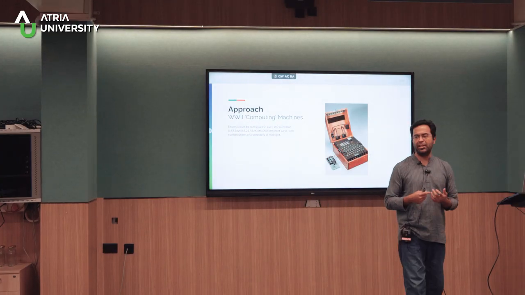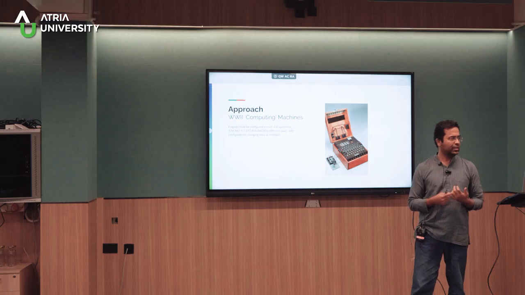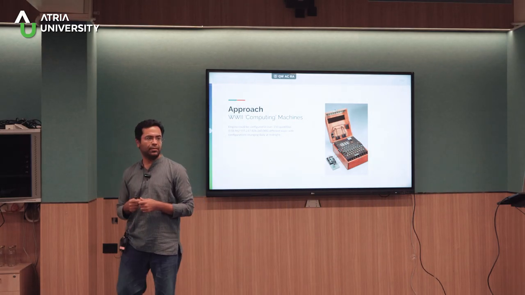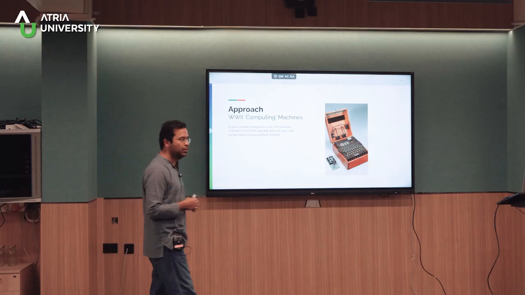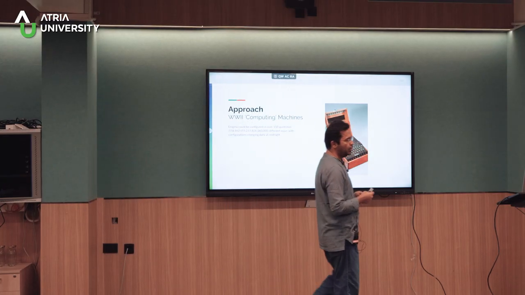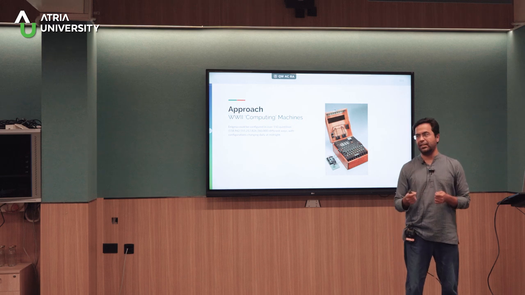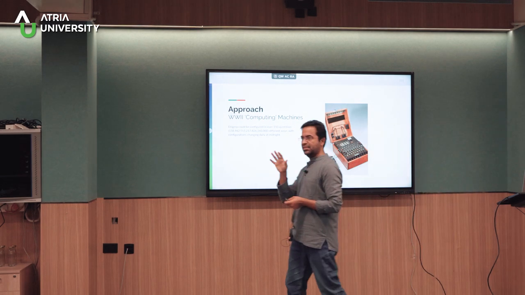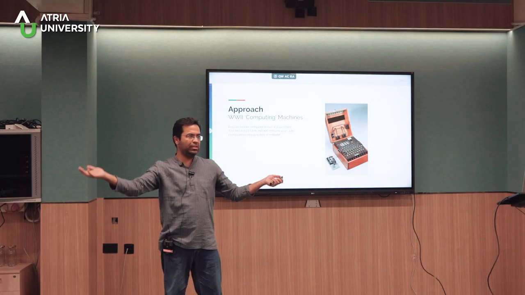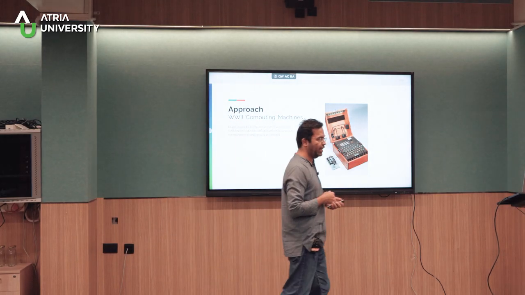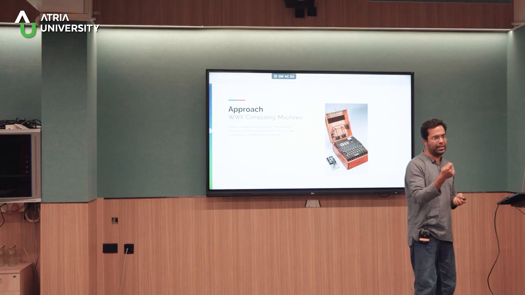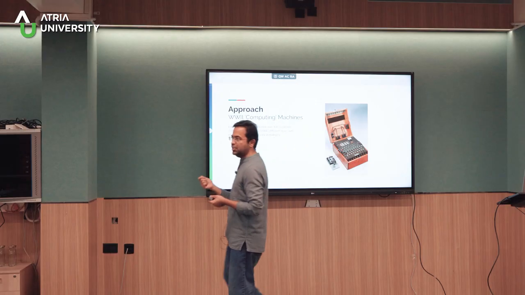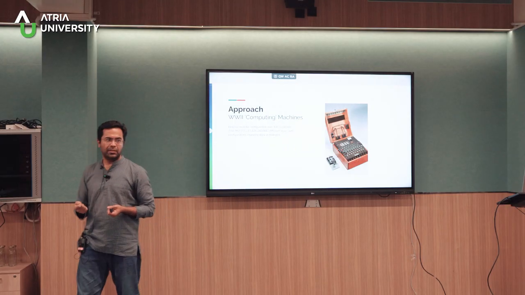If you have seen a movie called The Imitation Game, it's a Hollywood movie. This is a machine that was called the Enigma machine. It was invented by the German military. And what it used to do was it allowed German soldiers to communicate secretly. So you could type in a message, and the message was transmitted wirelessly to all the other German units who were in the field fighting the enemy. But it was encrypted, right? So it's the first encrypting machine. So the message was secret. So even if you could hear the message, you would not be able to understand it, right? This is called the Enigma machine.